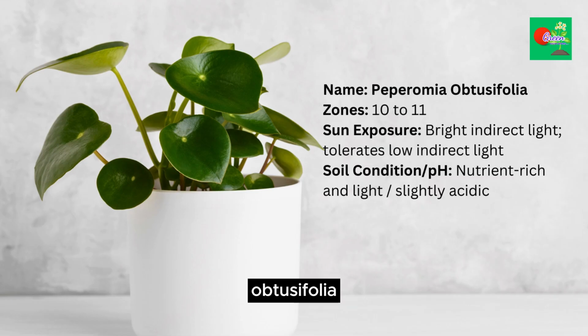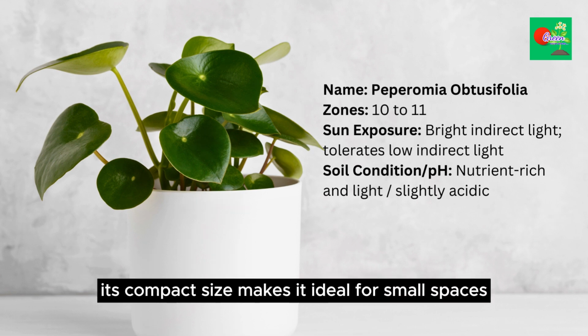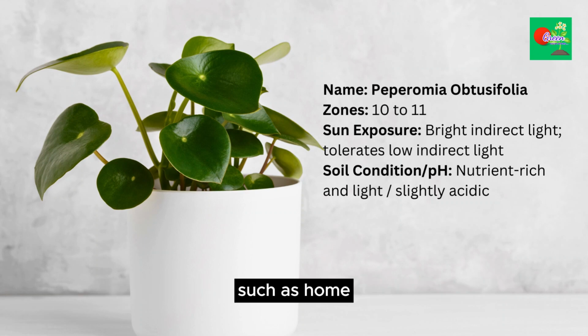The Peperomia obtusifolia is a charming, pet-friendly plant with thick, glossy green leaves. Its compact size makes it ideal for small spaces, such as home offices or bathrooms, adding a touch of greenery